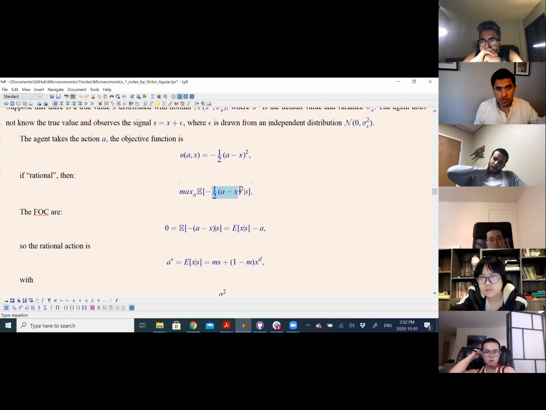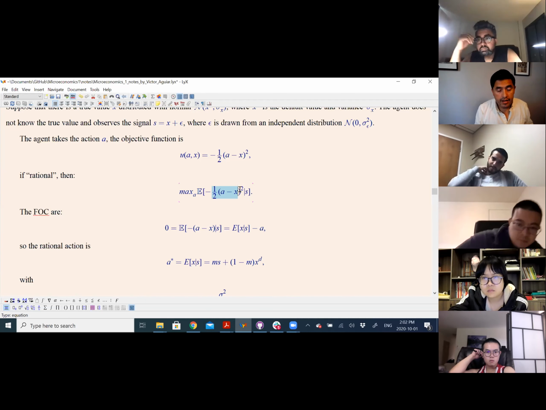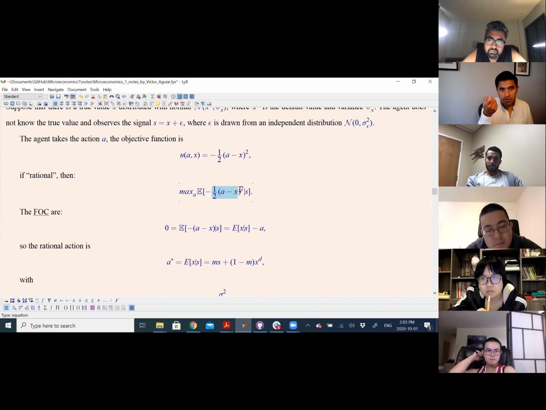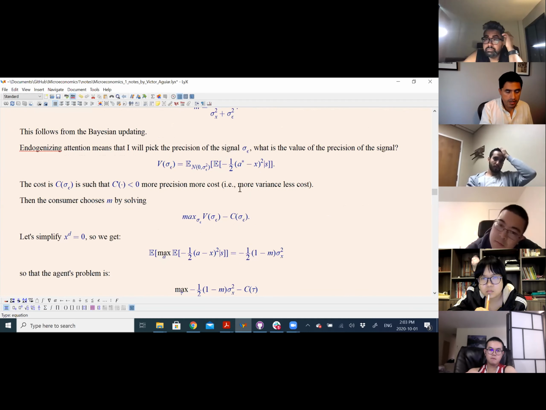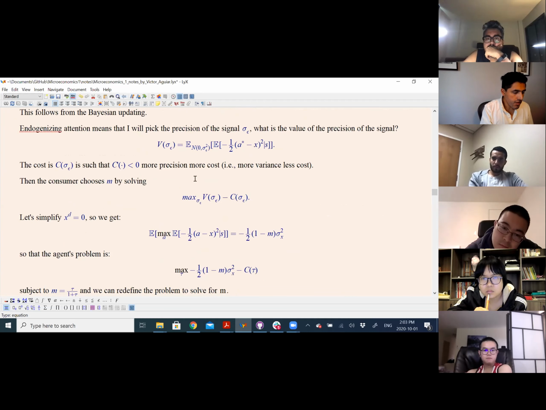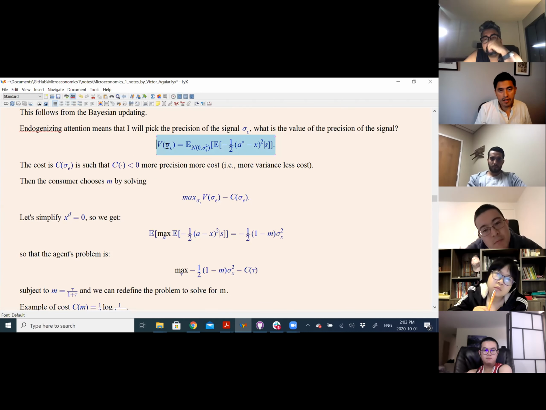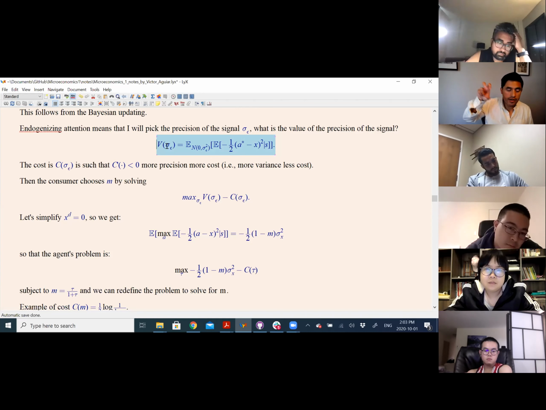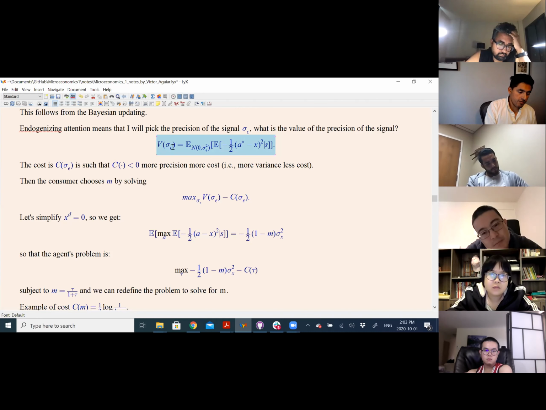So the model is just illustrative for purposes of trying to get something analytical. But what this agent is trying to do is exactly match the action to the state, okay? So here you're minimizing the distance between the action and the state, right? Max of minus is minimizing, so it's just illustrative, but it's a very convenient objective that we want to study. So the point here is that given a particular precision, you get the value of the information structure. The information structure is how precise you are. So this gives you this value V of sigma epsilon.